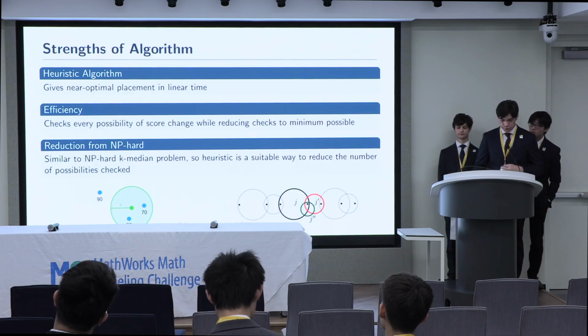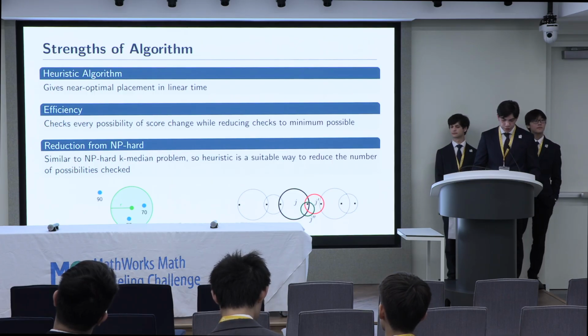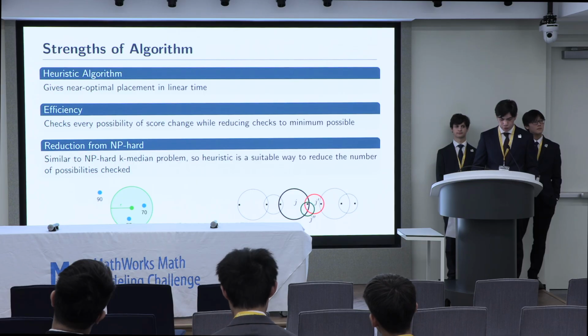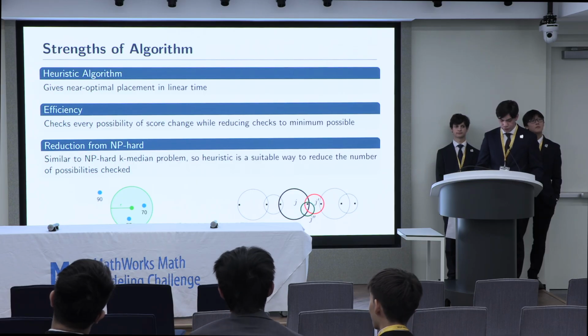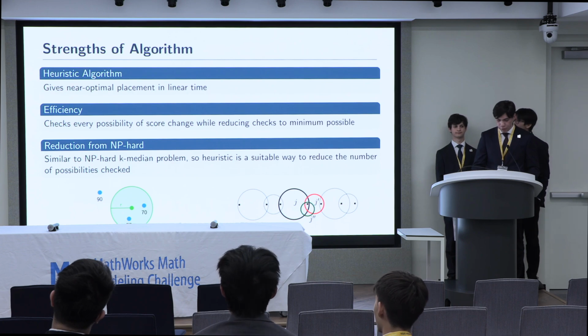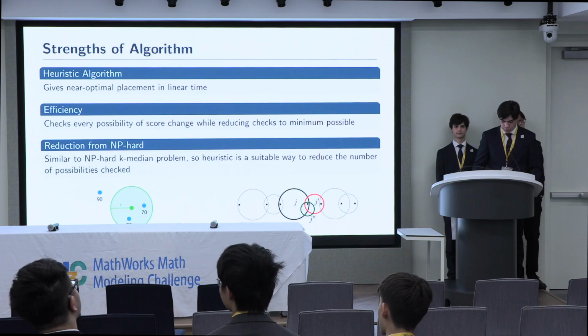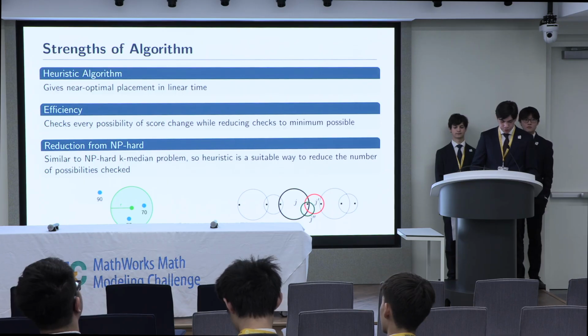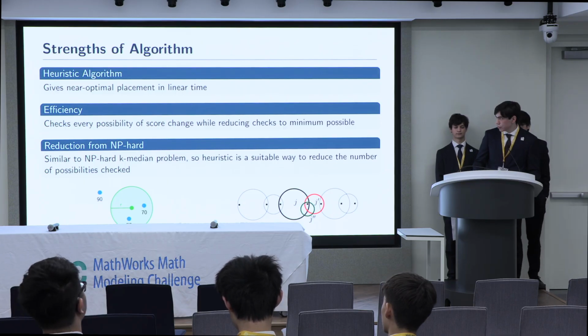Why is this algorithm good? It gives us near optimal placement in many cases. We suspect that the problem is NP-hard, similar to the K-median problem, which is known to be NP-hard. So we think that we found the best solution that can run in a reasonable amount of time. It is important to know that by framing everything relative to the economic cost, we're aware of the government's resources. We then use technical computing to determine the best allocation. Our solution is also versatile, which makes it a good solution in terms of technical computing.